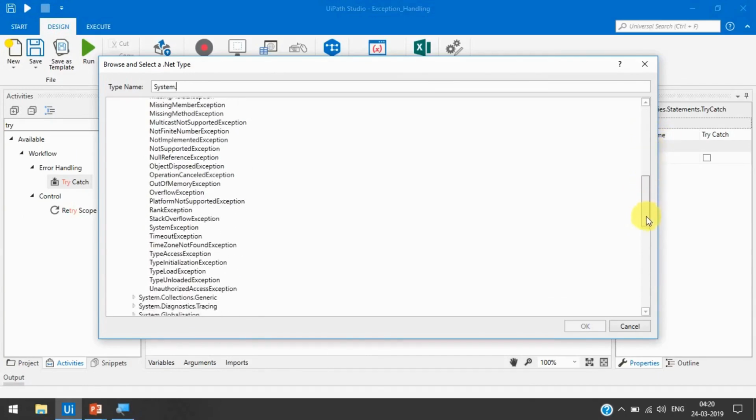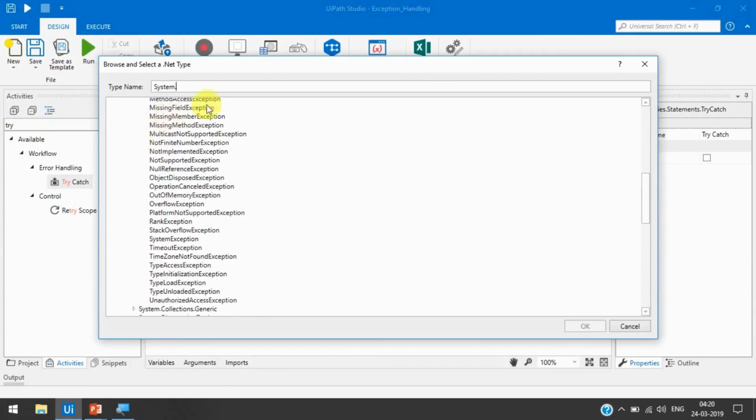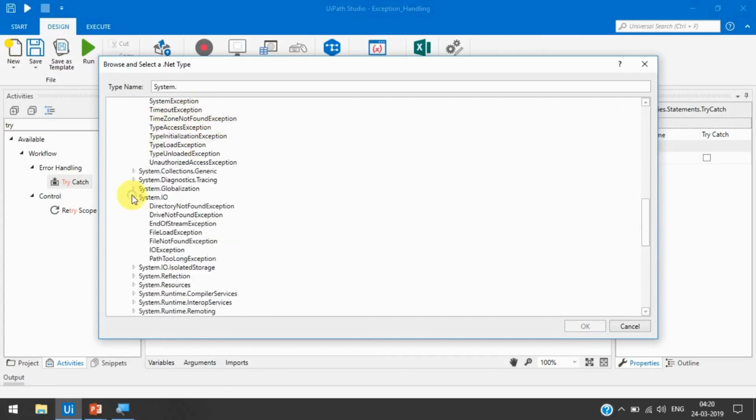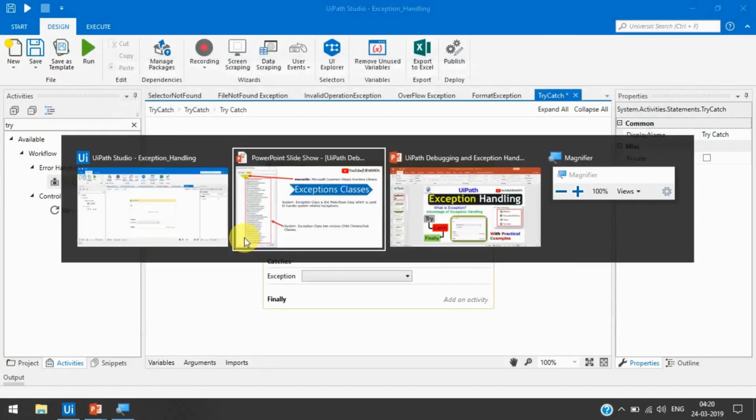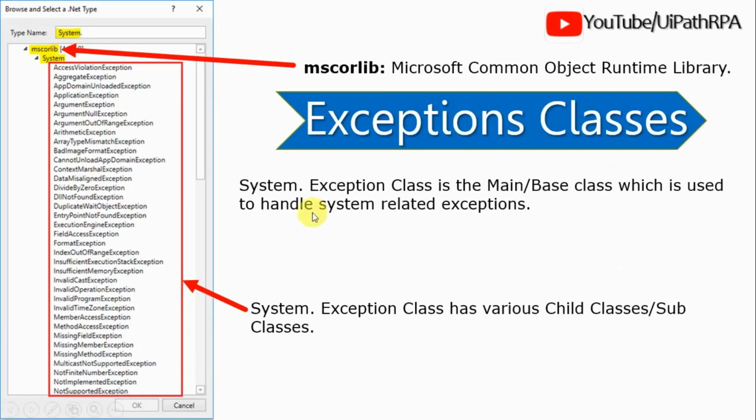You can see here, like MissingFieldException, MissingMemberException, MissingMethodException, MulticastNotSupportedException, the System.IO.DirectoryNotFoundException. So these are the exceptions available in UiPath. These are the subclasses of the System.Exception main class.